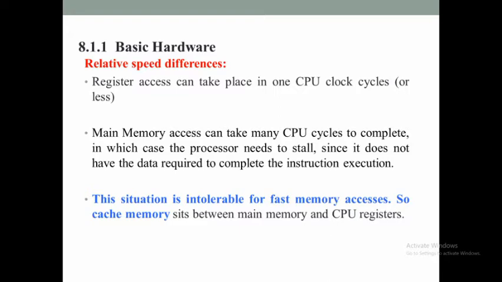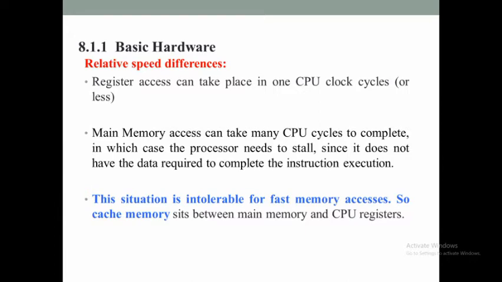Okay. This transaction is going to take a lot of time, and during this period, the CPU encounters something called a stall. Stall is nothing but, whenever the CPU tries to get the data stored in the memory, the CPU has to wait. That wastage of time is called a stall, because the CPU is not able to do any useful instruction execution at that time. And in order to compensate for the speed differences, we also have the cache memory.